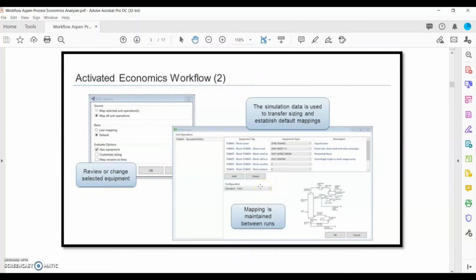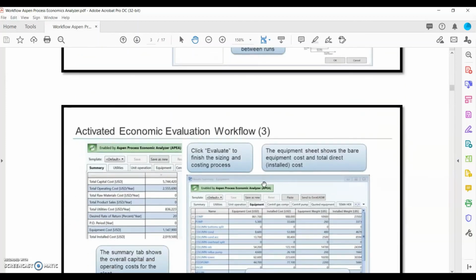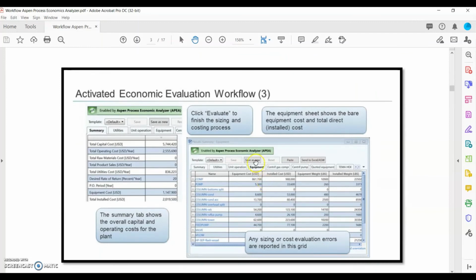And then after the type of equipment is selected, the sizing of those equipment can be performed. After the sizing is performed, the evaluation is performed, and then you'll be able to obtain all the costing. For example, the total capital cost, the total operating costs, the raw material cost, the product sales, utilities, and so forth.